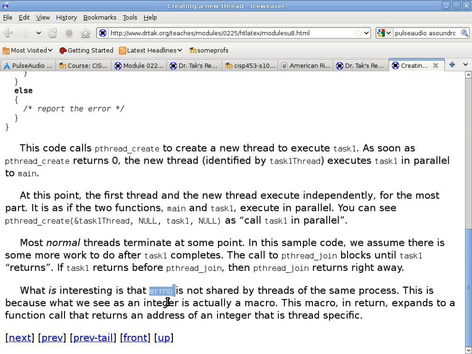Okay. Any questions at this point about errno? I have a question. So how come we don't use a function call instead of errno and use it as a global variable? Can anyone guess?